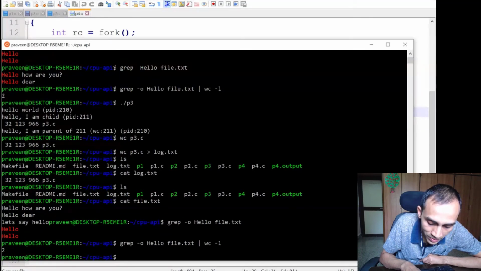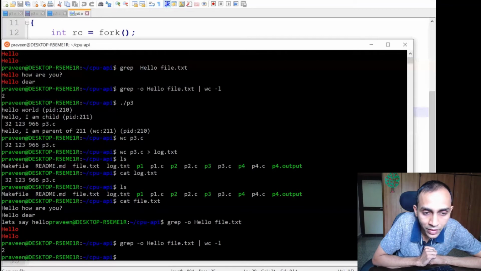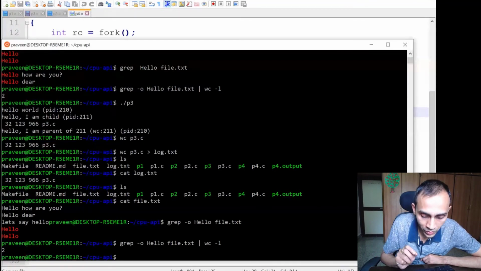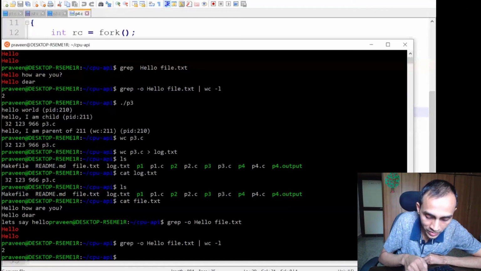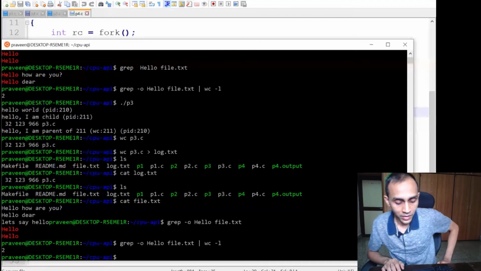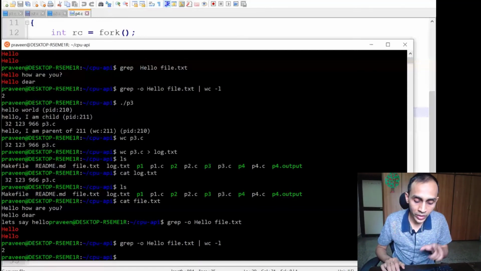The dash l basically means I'm going to output the number of lines. So it is telling me there are 2 lines. I've connected the output of the first program as an input to the other program by using this pipe. This one vertical line is the symbol for pipe.